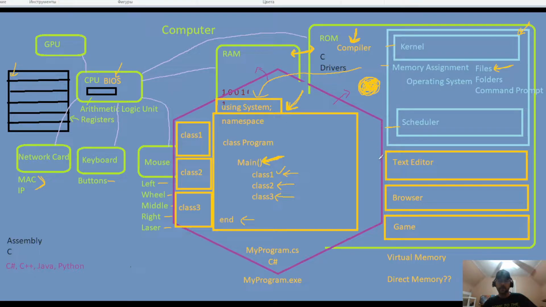And this could turn into a text editor. This could turn into a browser. This could turn into a game. And when you have this program converted to the .exe format, that's when you see it to where you can double click on it, open it up, and it does its thing the way that we think of applications typically doing their thing. And their thing then is just, again, a set of space